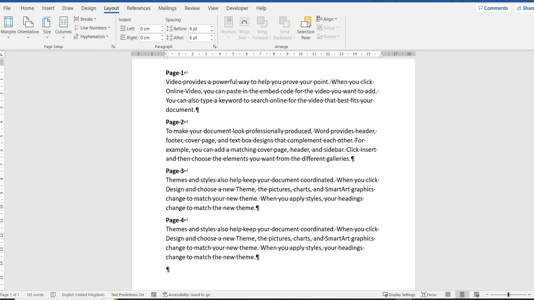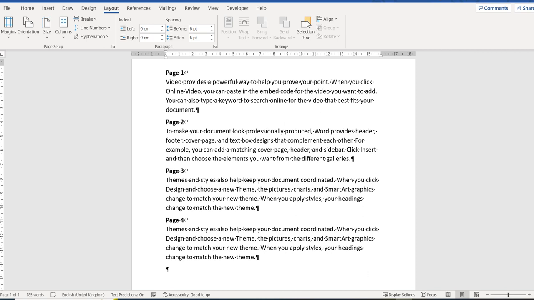because you might have come to the end of the particular page. What a lot of people do is they click enter multiple times to get to the bottom of the page to go onto a new page. We can actually just insert a page break, which makes life a lot easier, especially if you are going to be formatting your page, changing the paragraph and line spacing, and you highlight your whole document, and if you have clicked enter to go onto a new page, that's going to alter text on page 2 or 10